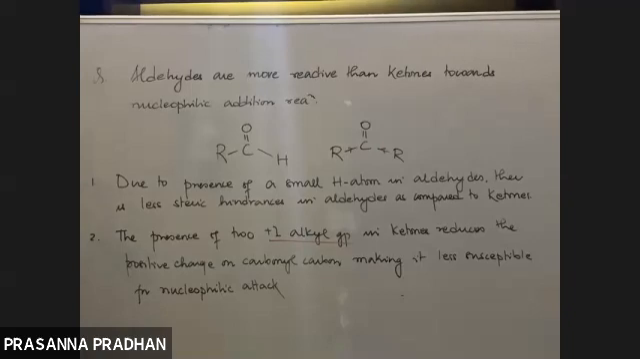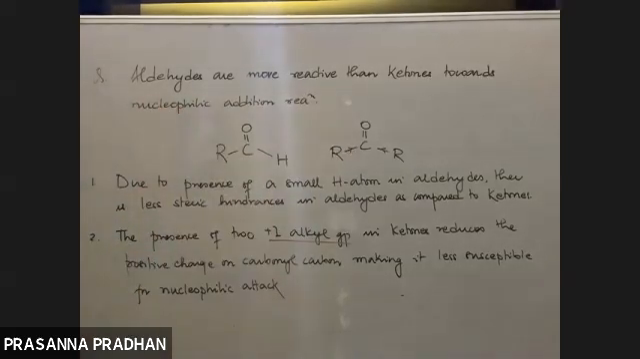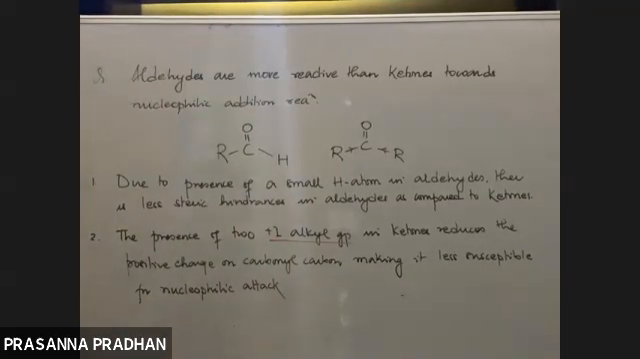Got it? So these are the two reasons. Number one, due to presence of a small hydrogen atom in aldehydes, there is less steric hindrance. Number two, the presence of two alkyl groups decreases the positive charge out here, making it less susceptible for nucleophilic attack. This question is quite common. So these two reasons explain why aldehydes are more reactive than ketones towards nucleophilic addition reactions. Okay, so this is it. So yes, I'll be posting you some